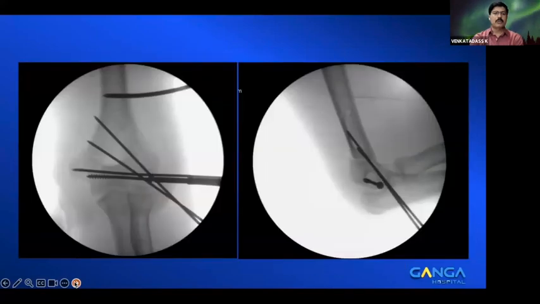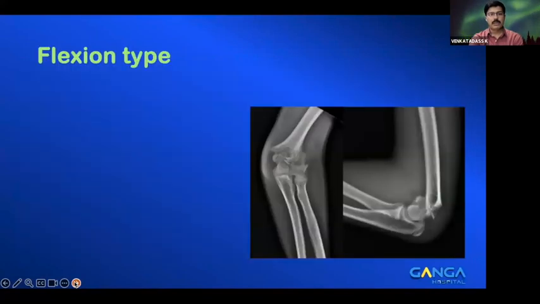It is better off to put screws rather than just wires. So this patient was treated with wiring for the pinning of the supracondylar fractures, and then screw fixation for the intracondylar fracture. The next type of fracture is the flexion type of fracture, which is quite rare, but